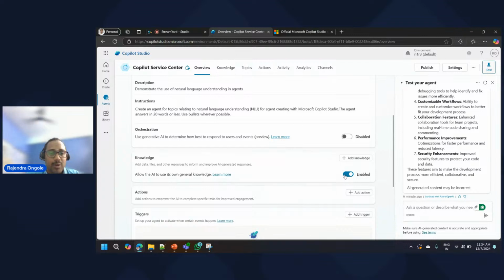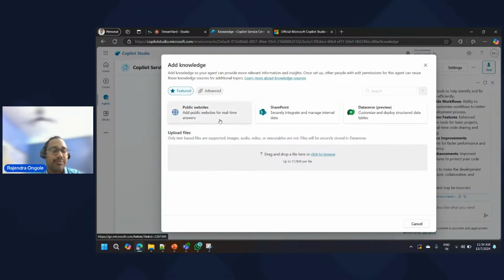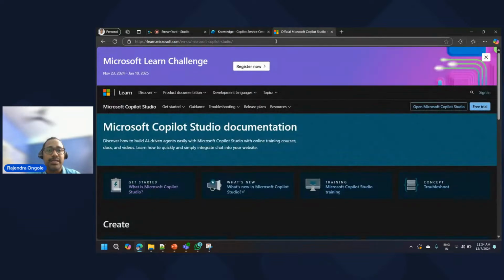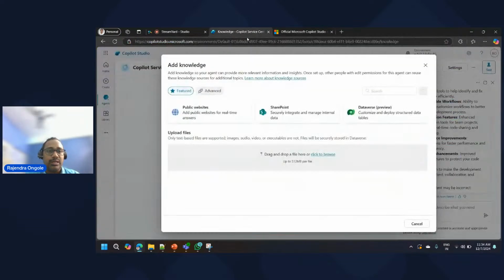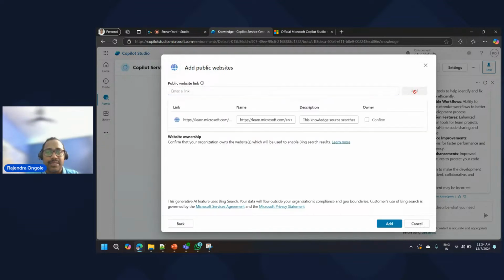Knowledge, the same configuration. I can add it from here or from here whenever I'm selecting. I can also pass my knowledge sharing from here too, for example, as I said, a public website. So I'll just try to pass my Copilot Studio learning documentation public website. See here, I want to add this public website. Click on this,